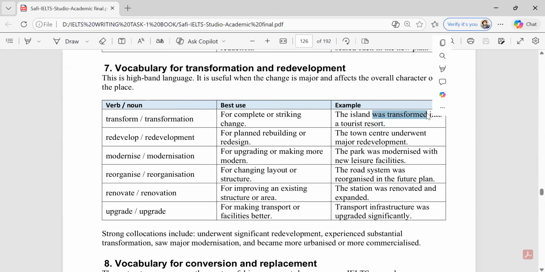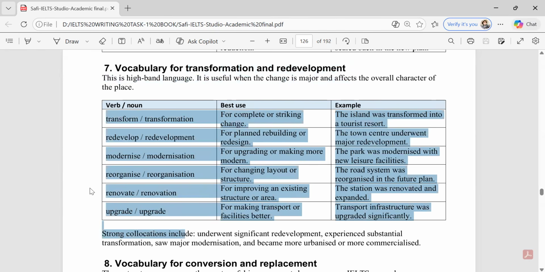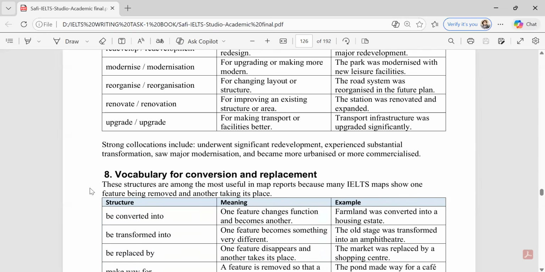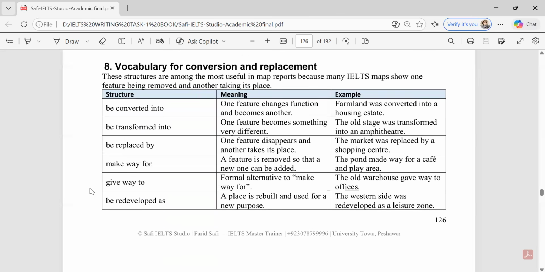So if you need some type of vocabulary words for transformation and redevelopment, you can use these verbs and nouns. And then it comes about conversion and replacement. If there is any type of replacement, for example, in the previous graph,